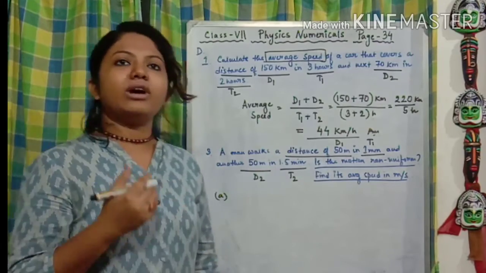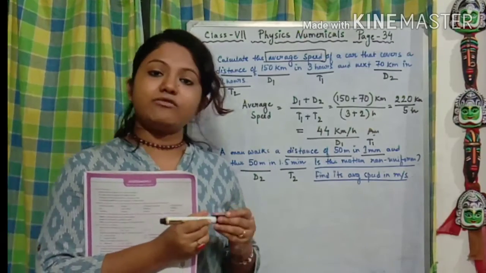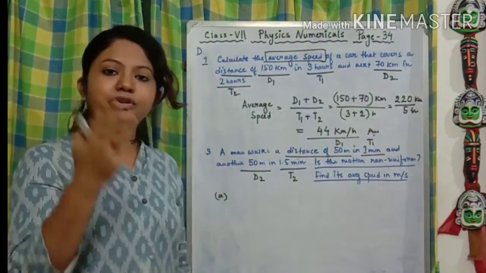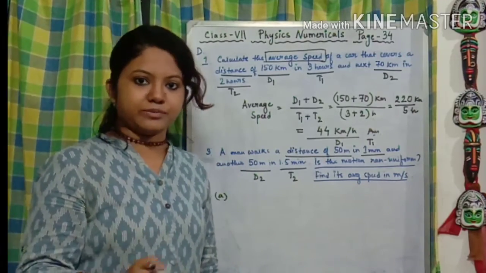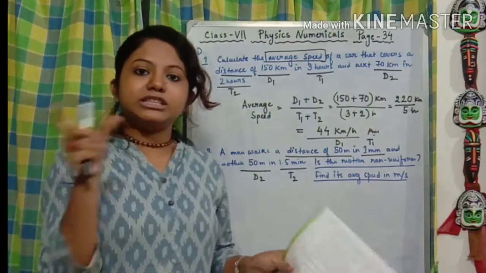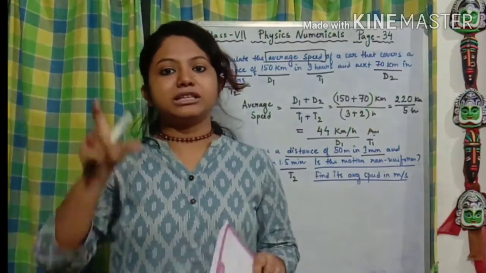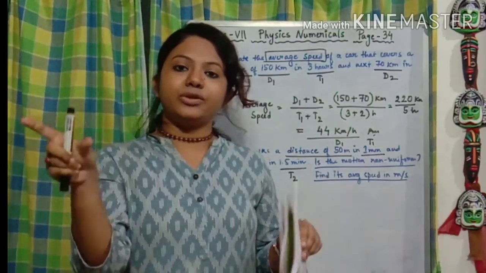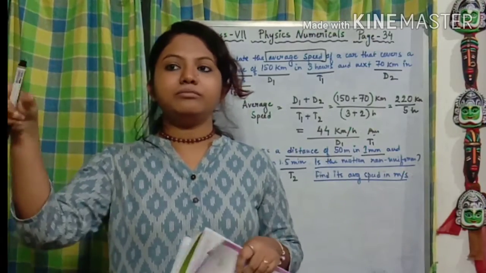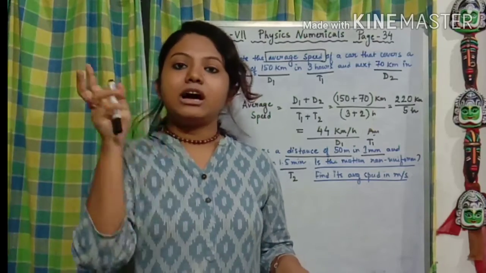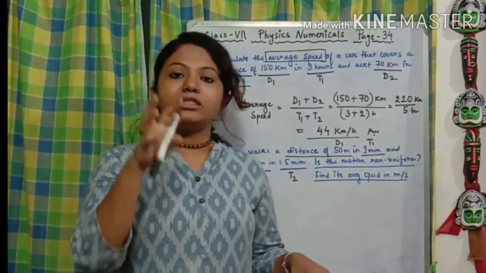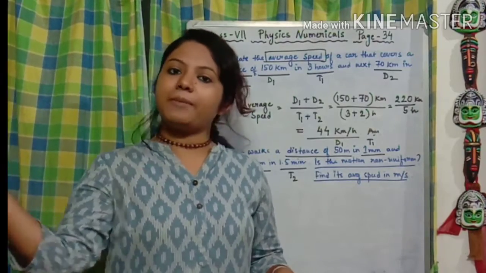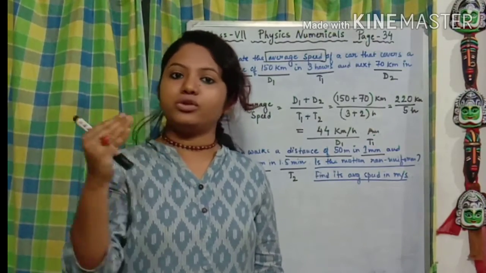Now, when we were studying non-uniform motion, we already studied that there are 3 parameters for finding non-uniform motion. First, the distance can vary while the time is constant or uniform. Second, the distance is uniform and the time varies. The third parameter is when the object is changing its path. So these 3 are the parameters to find out whether a motion is non-uniform or not.